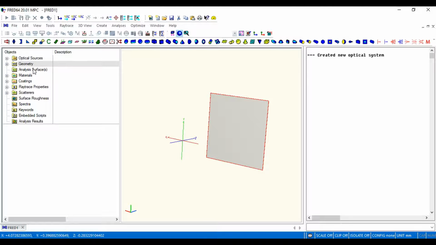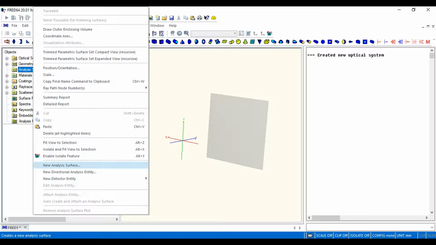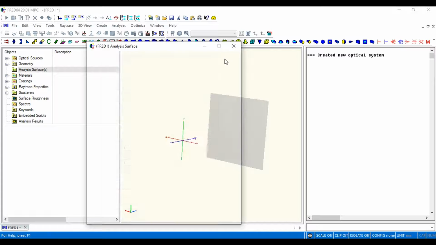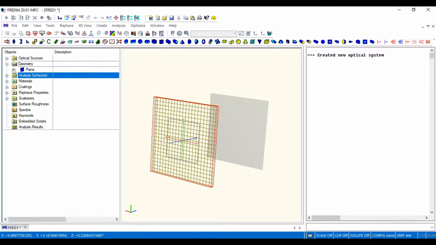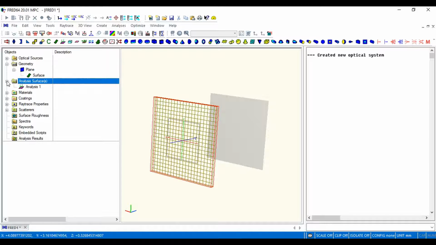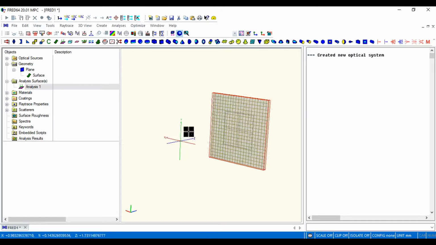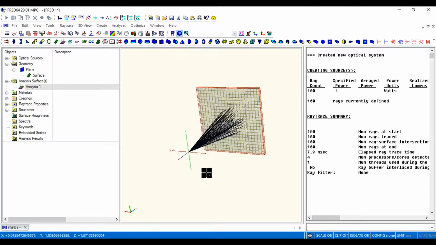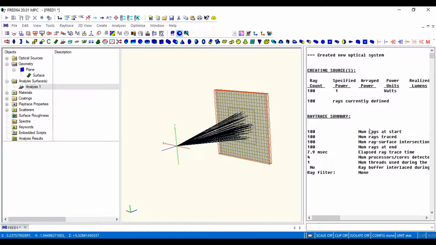After that, we're going to right-click on Analysis Surface and select New Analysis Surface. We're going to uncheck Auto Size Data and make our min-max to be from -2 to 2, and select OK. We're then going to open the surface of our plane in the Geometry folder and open the Analysis Surface folder, and then drag and drop our Analysis Surface, which is now applied to our plane surface. From here, we run our ray trace,